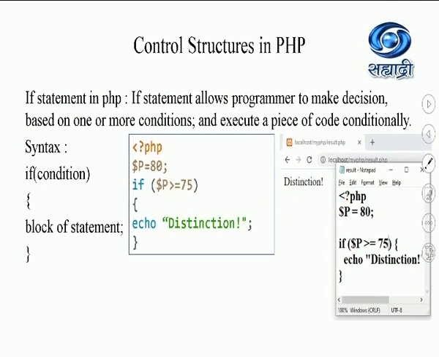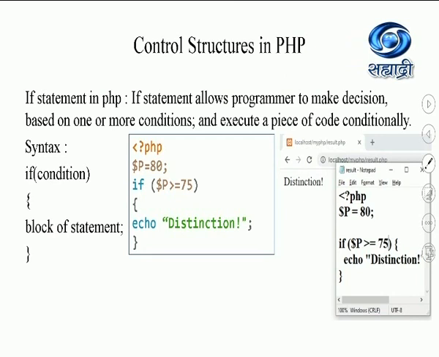Students, this variable p I wrote in capital over here, and again I wrote capital at both places because in PHP it is case sensitive for variable names only. It is not case sensitive for keywords like if and echo. So if you write this if in small or capital, it doesn't matter, your program will still work. Even for echo, if you write in capital or small, your program is still going to work. The important point is that only the variable names are case sensitive in PHP.